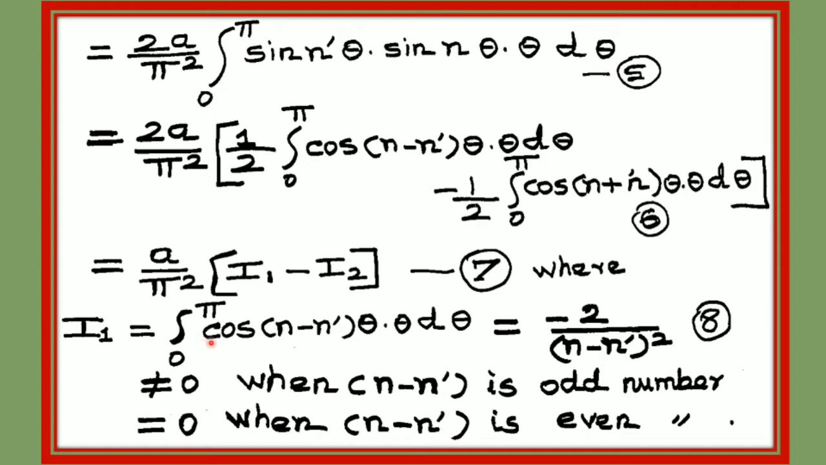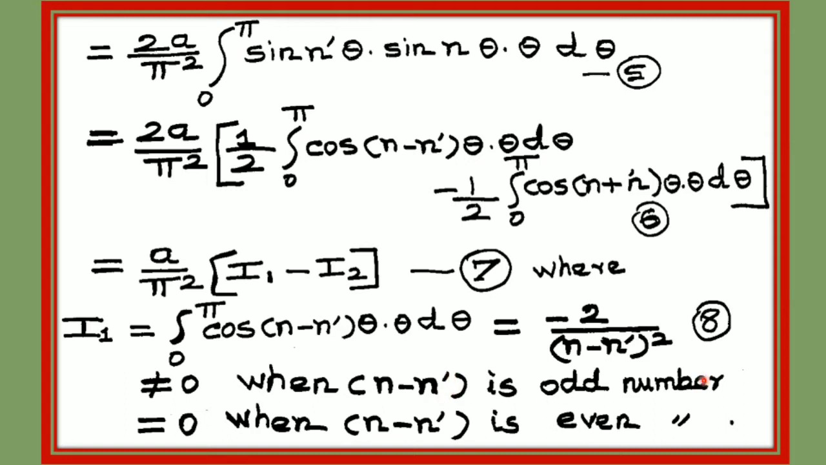I1 evaluate பண்ணீங்கன்னா உங்களுக்கு என்ன கிடைக்கும் அப்படின்னா, let us not go into mathematics. இது கூட நீங்க தெரியணும்னு அவசியம் இல்லை. I1 not equal to 0 அப்படின்னா எப்போ I1 not equal to 0வா இருக்கும் அப்படின்னா n minus n prime is odd